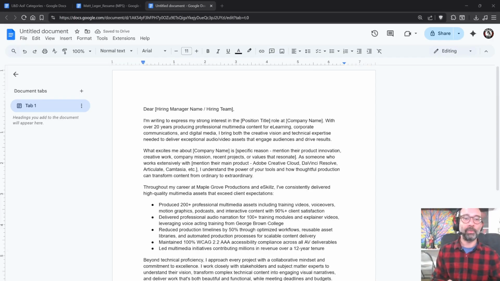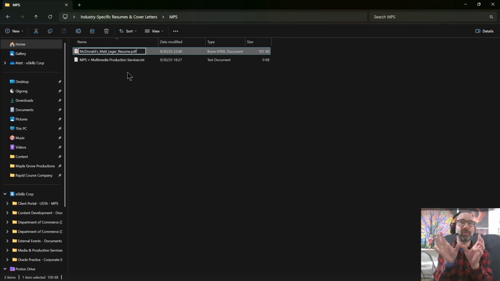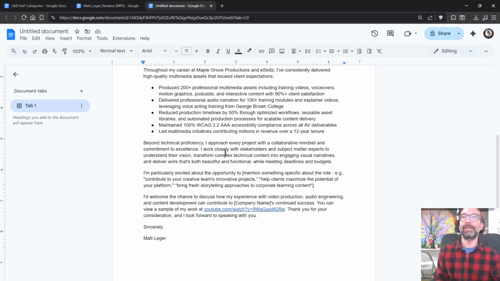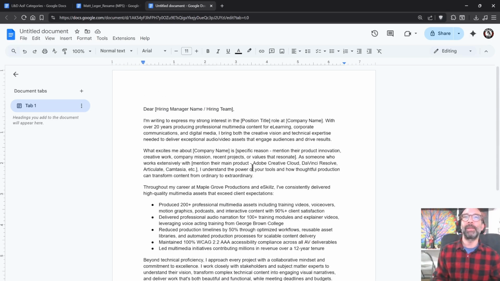If I go back to my folder here, I'm actually going to use this as a sort of template, and the one that I will send is going to have, let's say, McDonald's and then Matt Leger resume. So it's almost like you're signaling that you're willing to put them ahead of you in a way. All right, let's call this one good as well, because I like the cut of its jib, and I think it'll work. I even like how there's a dash in here that's not an M dash.